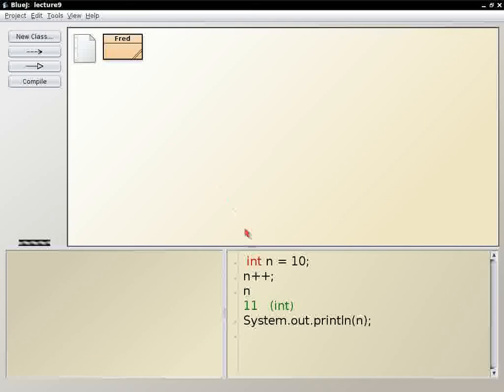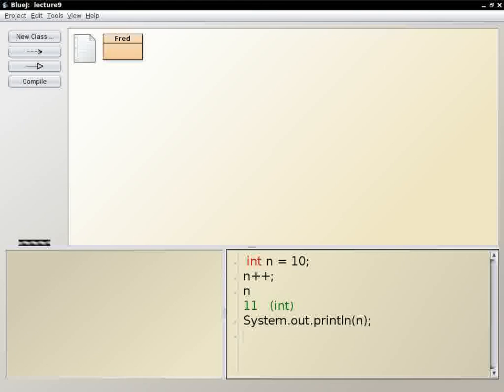So the advantage of the code pad is to give you instant feedback. The disadvantage is it's not part of your program. It's just something for a quick computation. But it is totally useful when you want to run some quick experiment. Like, we've seen this before when you just wanted to know what toLowerCase does. And you just try it out. And so for these experiments, the code pad is hard to beat. There's no equivalent of that, by the way, in NetBeans. So this is a genuine advantage of BlueJ.